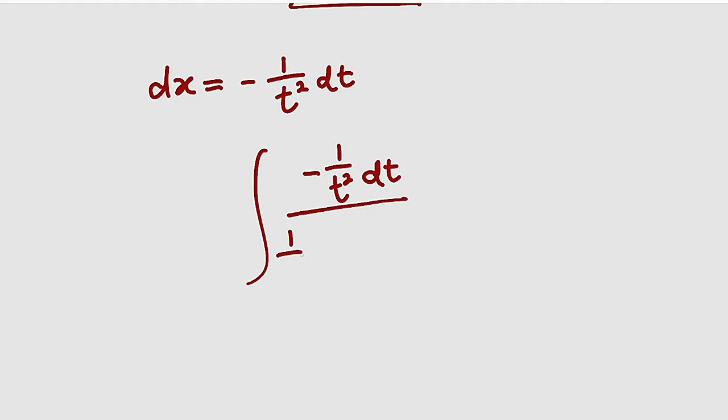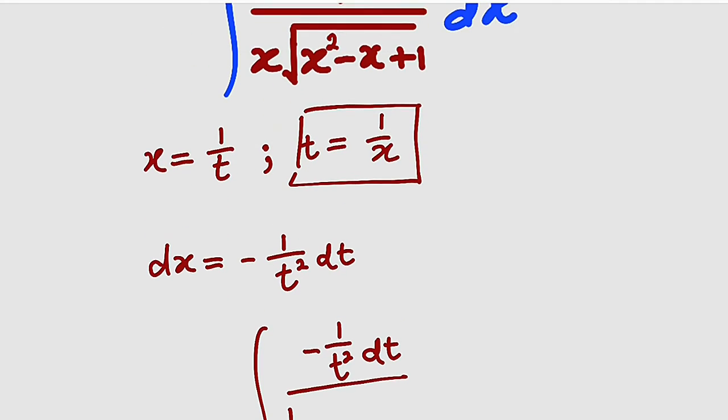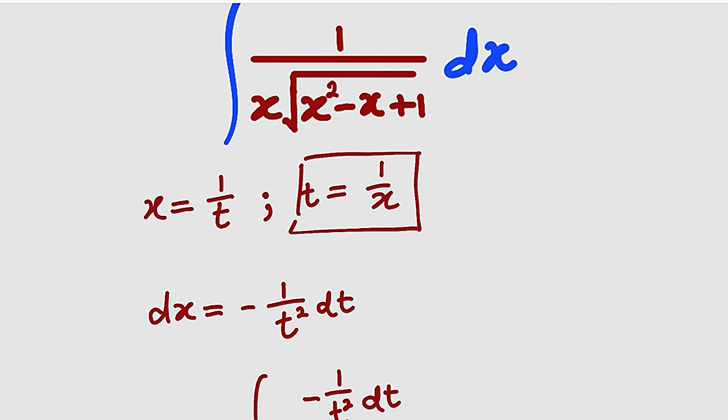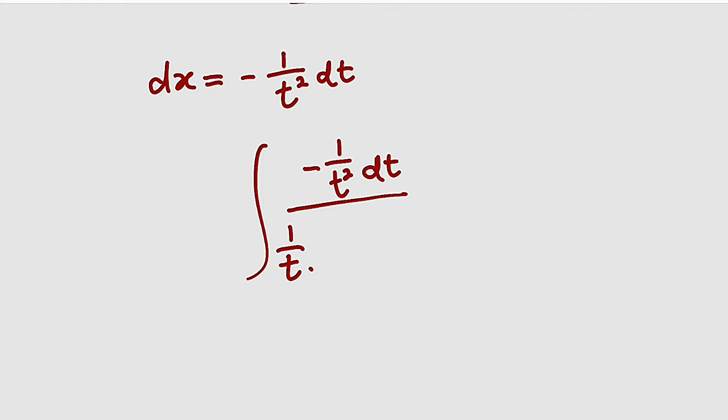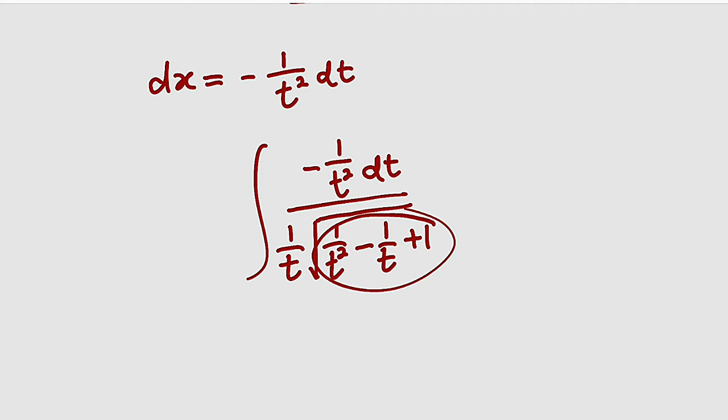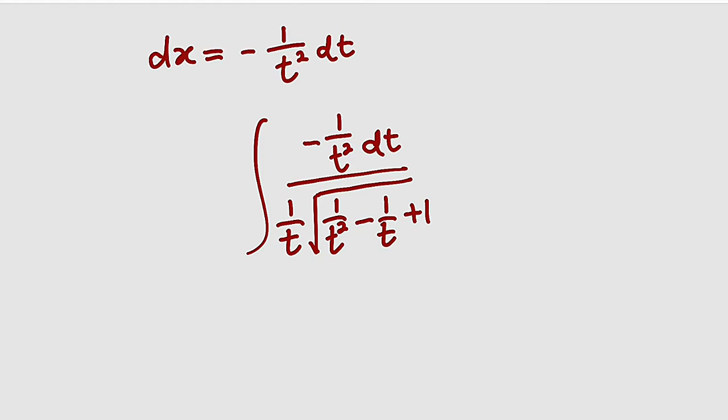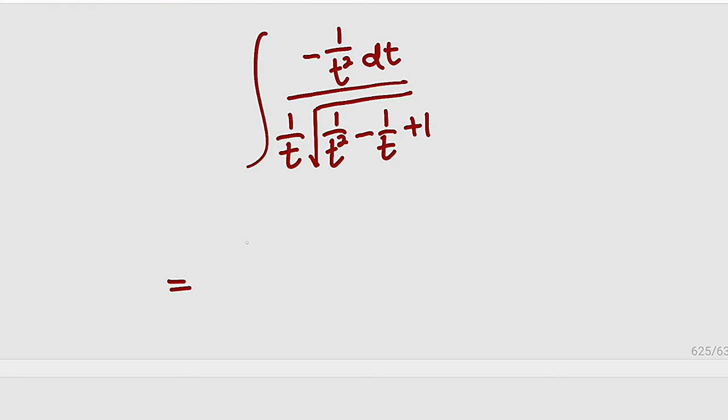So we have 1 divided by t for x, then multiply by the square root of x squared minus x plus 1. Square root of x squared, which is the same thing as 1 divided by t squared, minus x, that is minus 1 divided by t, then plus 1. Inside our square root right here, which is the radicand, I would like to factor out 1 divided by t squared. So this is equal to the integral of negative 1 divided by t squared dt